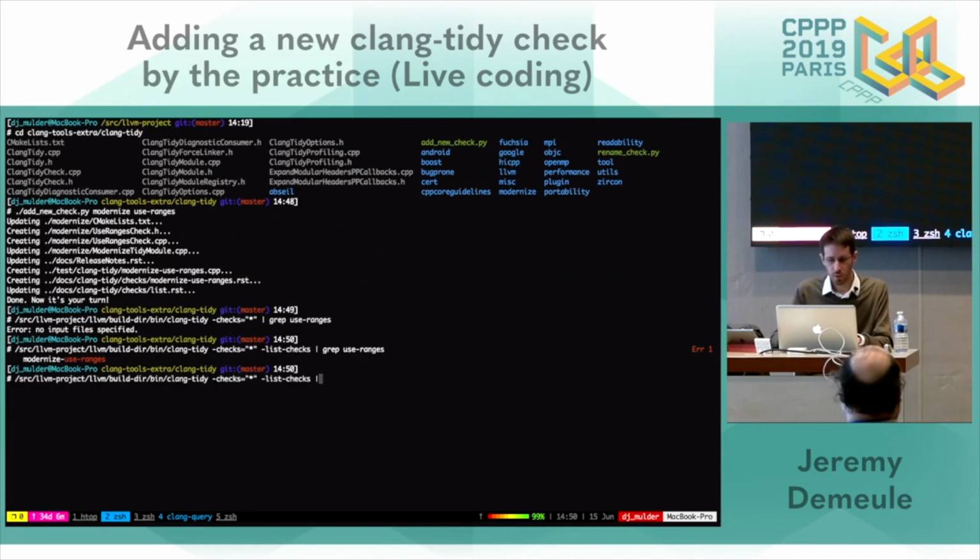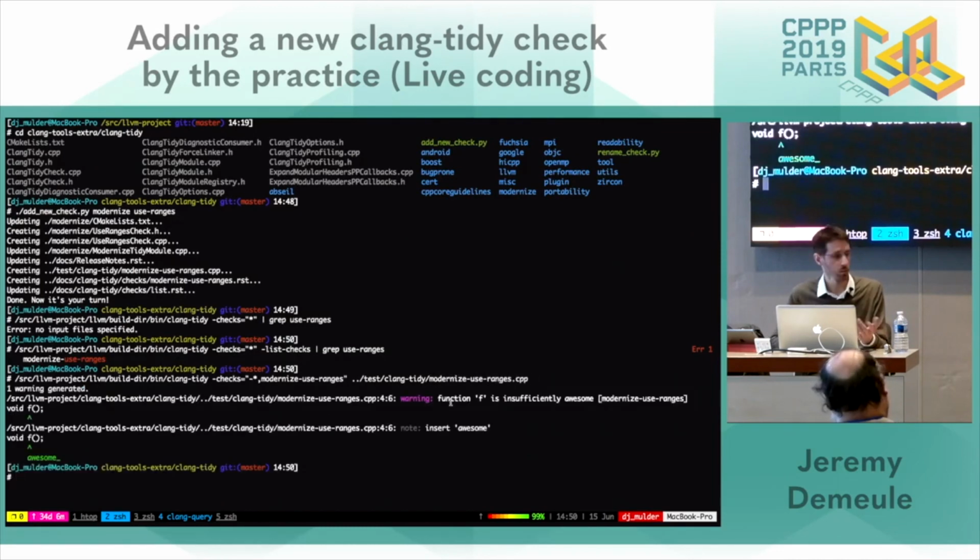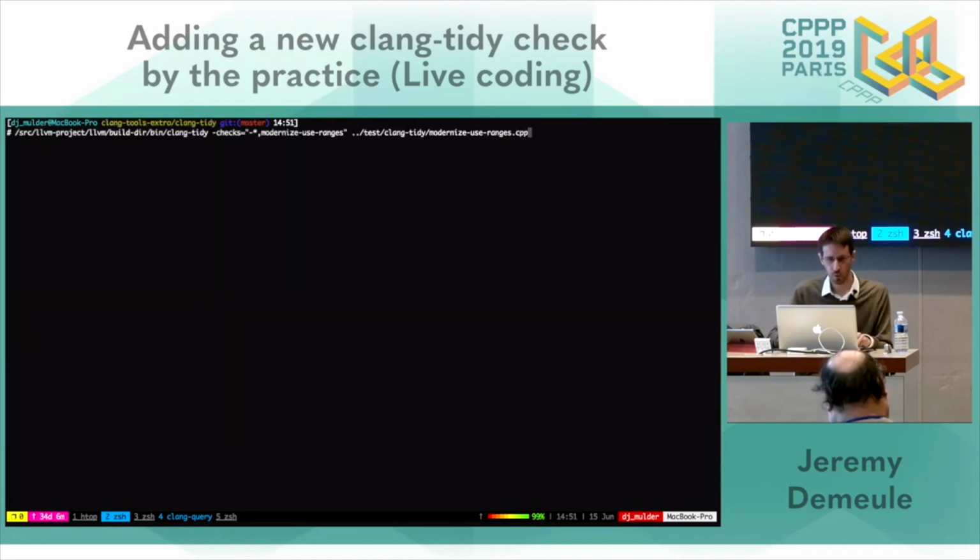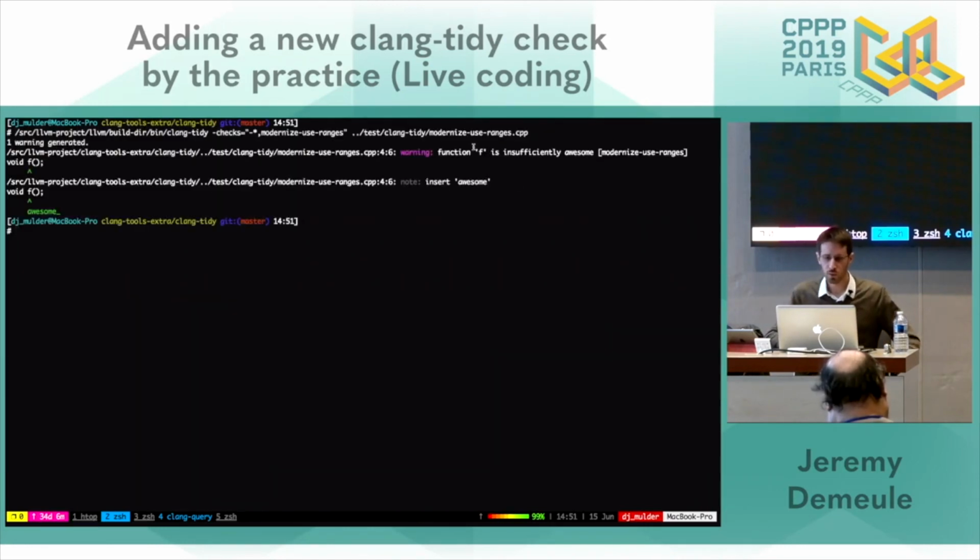So now I can use it on my test, for example. So I can launch it. I don't know if you see, I will zoom that up. And the registered check just adds the awesome prefix before any function.